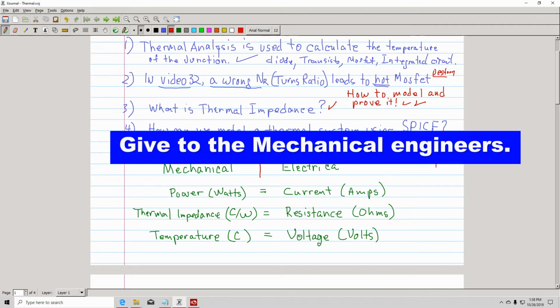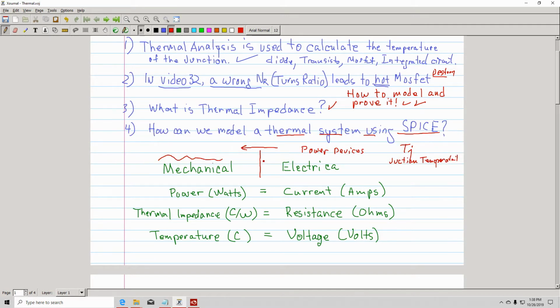Then I give my mechanical guys a list of all the parts and the power dissipation, and they typically do a model. But we can do some of this modeling, a first-order pass,